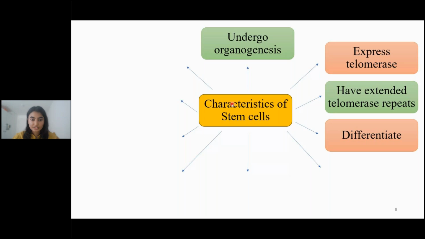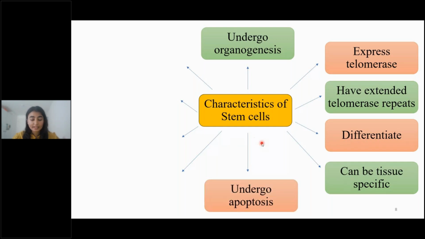Then obviously stem cells can differentiate. They can form so many cell types. They can be tissue specific. Then they undergo apoptosis. Apoptosis is basically spontaneous cell death. So if the stem cell thinks, okay, it's not behaving properly, or if it thinks it's going to become more cancerous, then that's the time it decides, okay, now I have to shut down everything. All of my machinery should be shut down, and I'll just break off. So this is when apoptosis comes in. The stem cells can literally induce cell death.